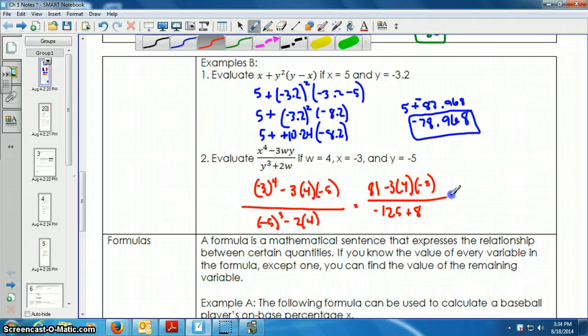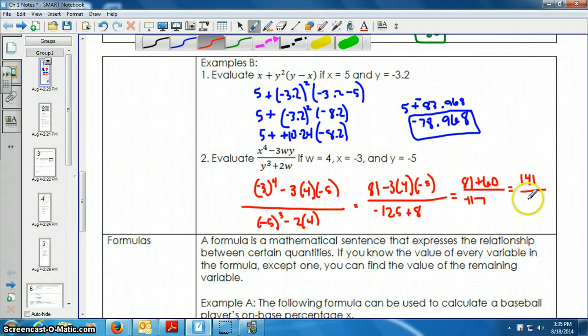All right. Working our way across, we're going to do this multiplication here before we subtract. So it's 81. That would be negative 12 times negative 5 is positive 60. I'm skipping just a couple of steps ahead. You can write each step out though if you need to. And that would be negative 117. So we have